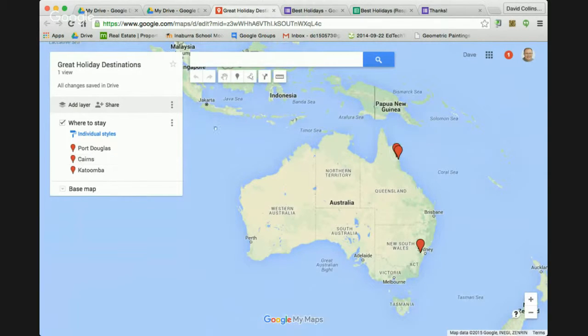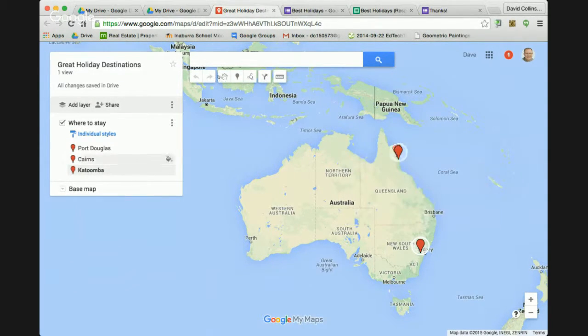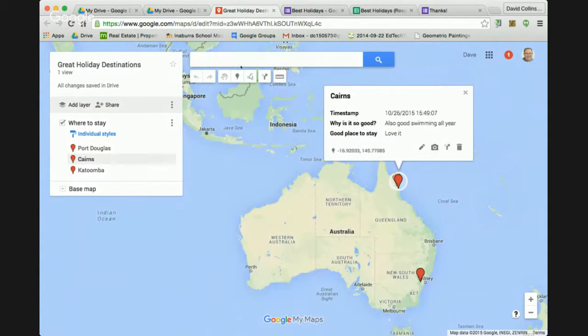So if I take it from there and go My Map, and notice how it says Katoomba, why it's so good, a good place to stay. I could still come in and add some images later on to it, so it's easy for people to use and access. But at the same time, very quickly, we've been able to do an activity in class where it says also good swimming all year round. As we go in here,